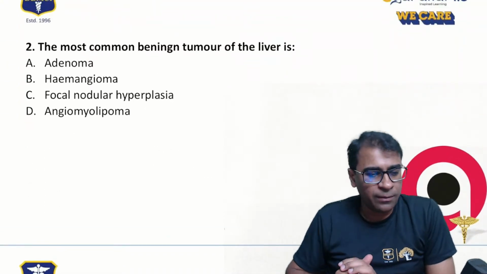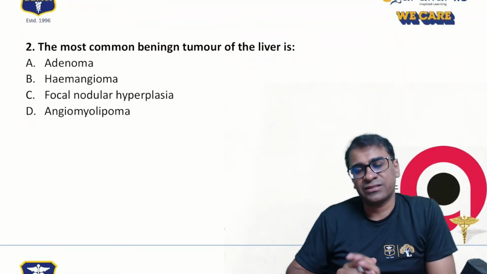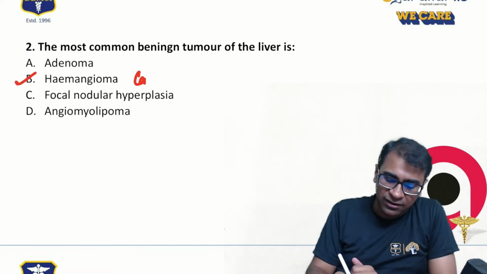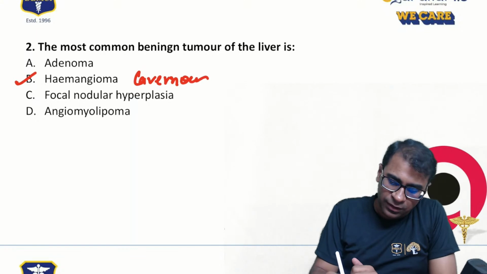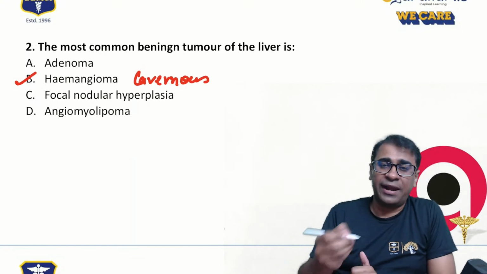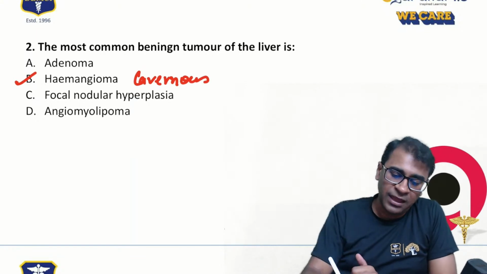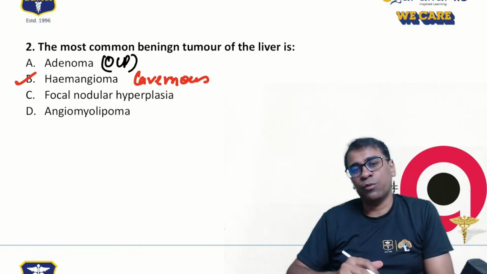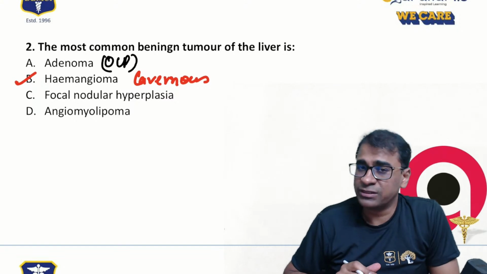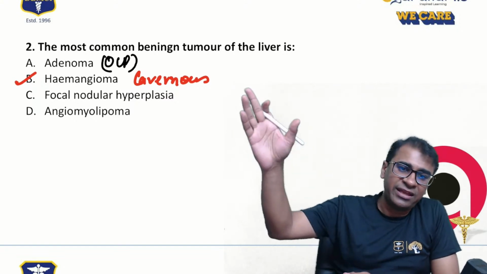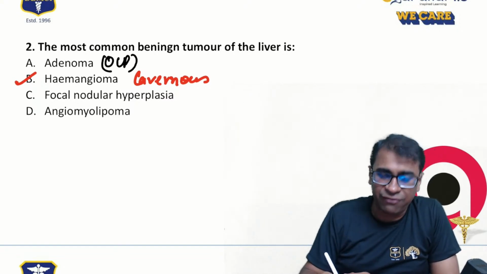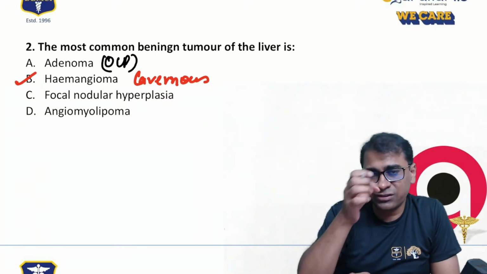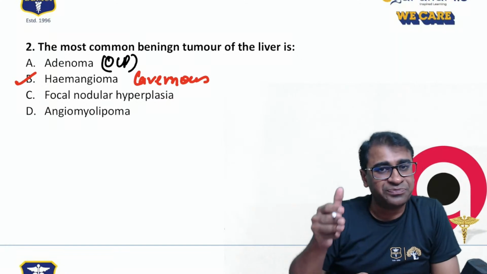The most common benign tumor of the liver is, yes, hemangioma. Remember, cavernous hemangioma is the most common benign tumor of liver, even more common than adenoma. Oral contraceptive pills are the most common etiology for adenoma, but it's not the most common tumor. FNH should always be differentiated from